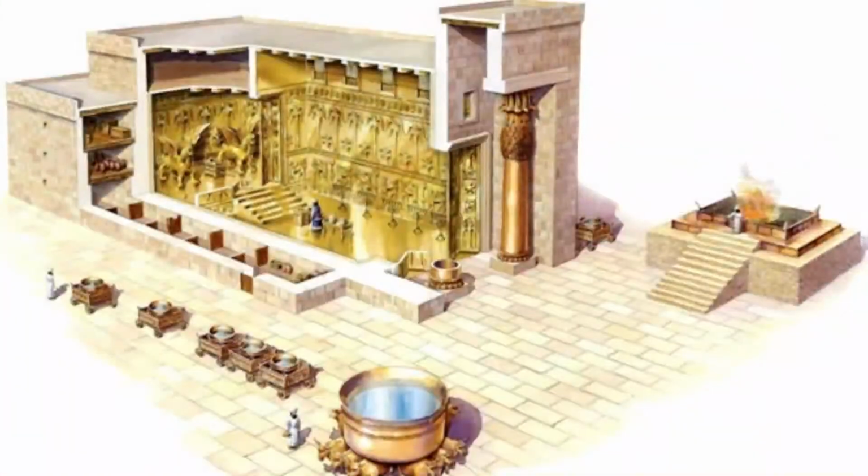This is a somewhat artist rendition of it, kind of a cutaway, to give you a picture of it. I want to focus, in this chapter, on the furnishing of the temple, and it is quite extensive. This temple took 7 years to build. The last time we talked about the structure itself, as you can kind of see, and now we're going to talk about